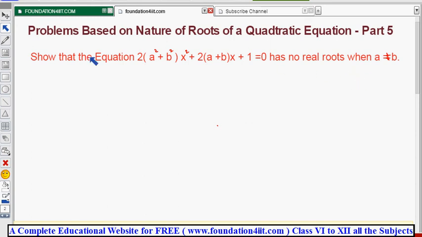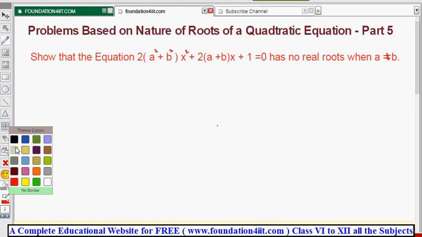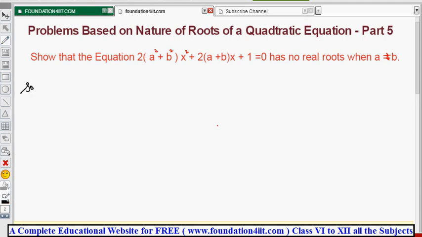So the question is the condition that there are no real roots. If there are no real roots, then the discriminant should be less than 0. So if you prove the discriminant is less than 0, then we can confirm there are no real roots. Okay, let me start the problem. Instead of finding the roots directly, we only need to work with the discriminant here. So from the given question,